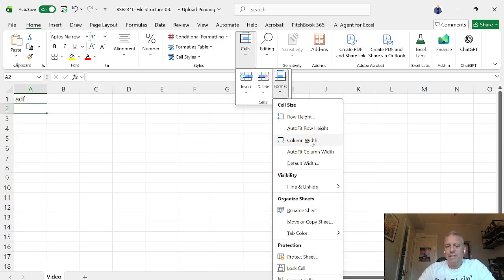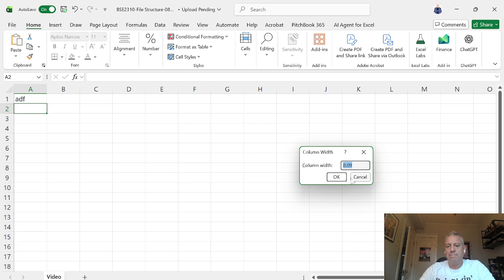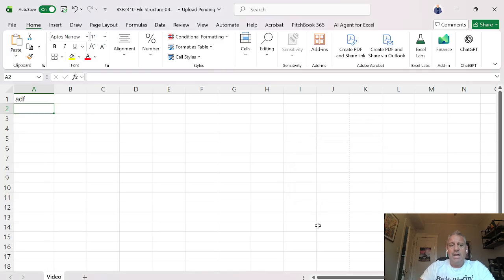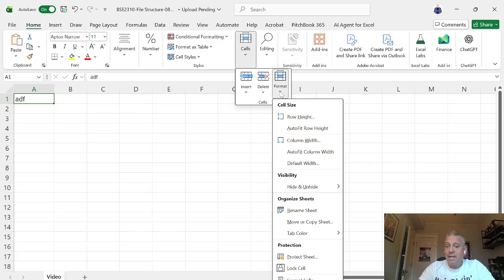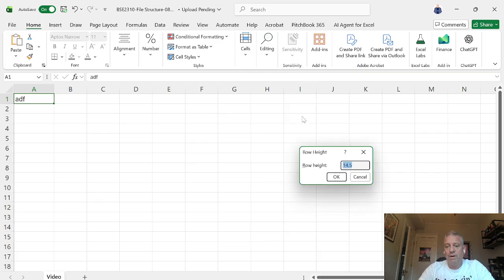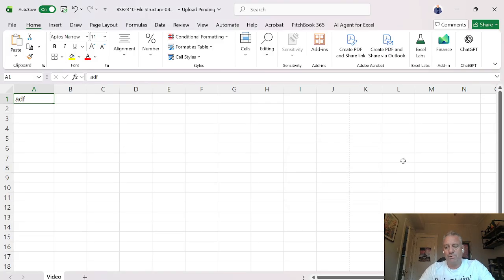If we go ahead and look at the column width then, you'll notice that my default is 8.08. I like to work in multiples of 5. So I'm going to change that to 10 for this one. And then I can go back up there and show you again too that if I go under cells and format, I can also look at the row height. Its default is set to 14.5. And I'm just going to leave that there and not touch it so that I don't have to worry about